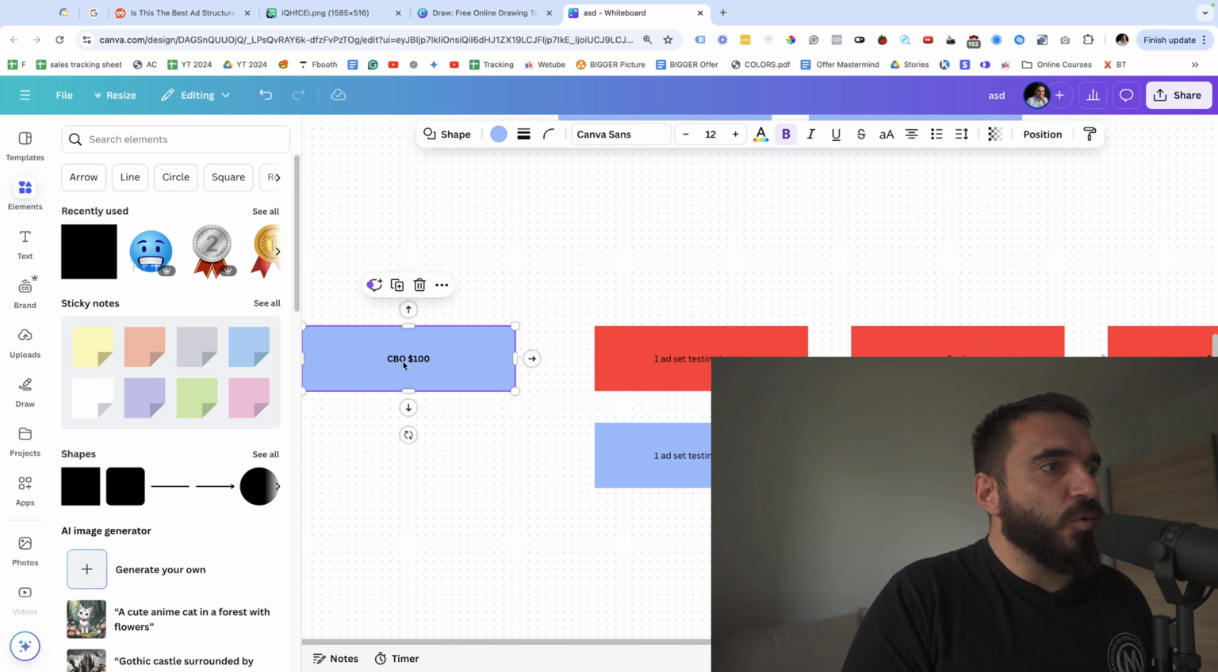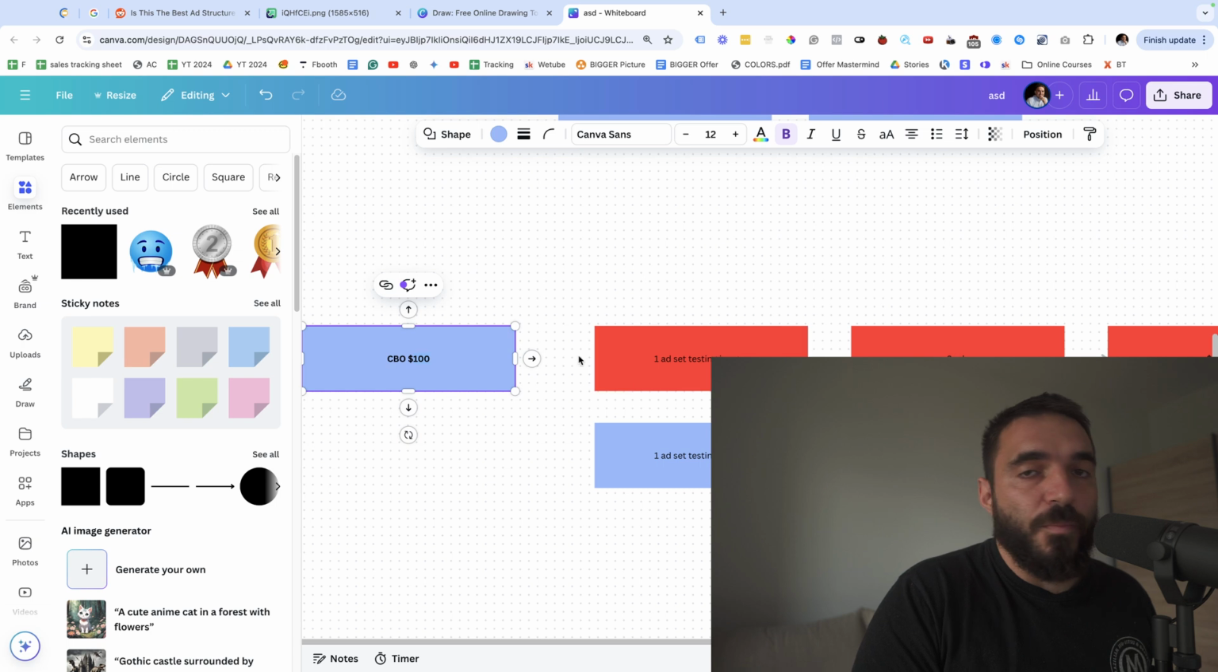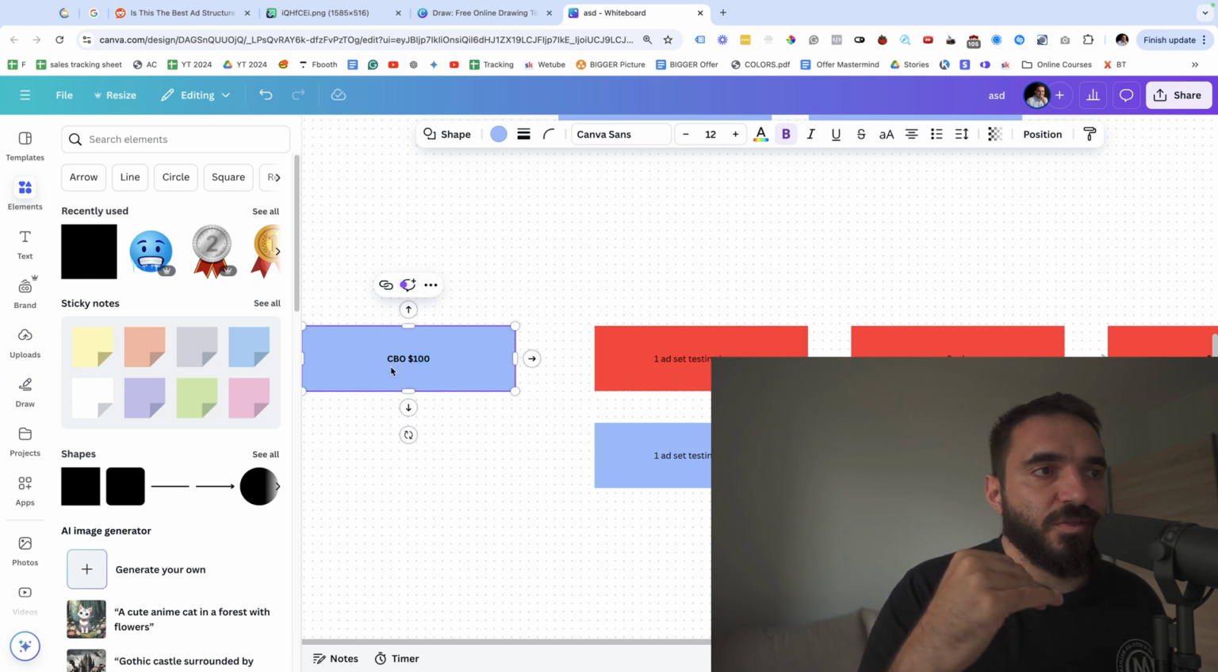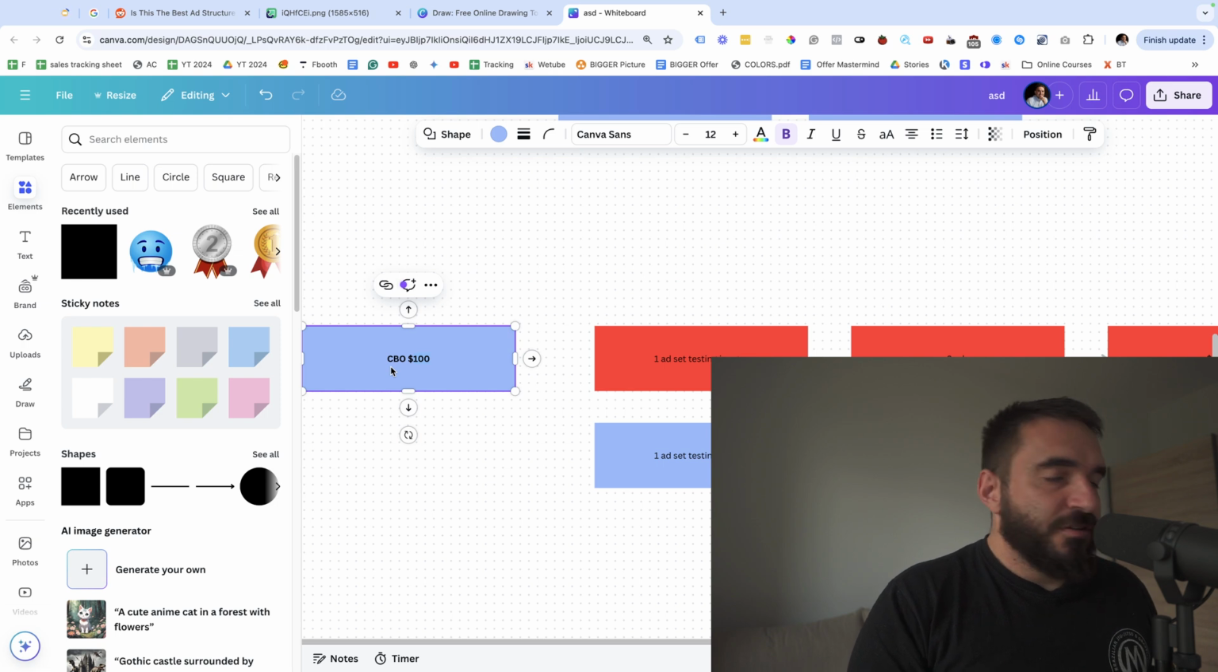So if you have something winning, $100 CBO might be a low budget. This is something that you need to consider. You need to know the level of